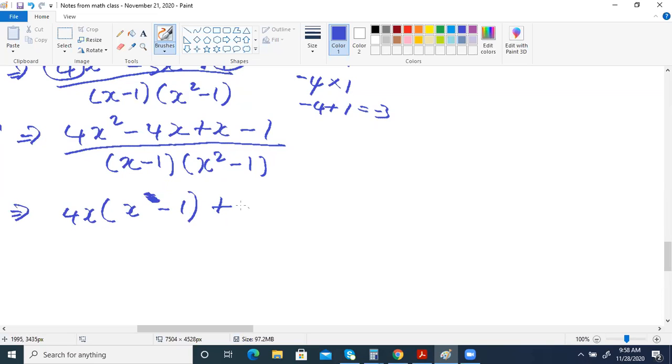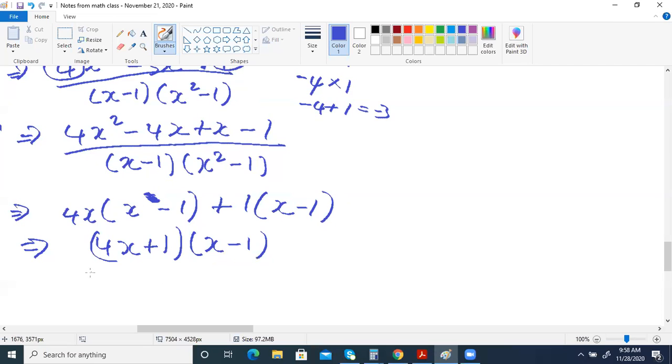Then only 1 can be factored from this, so this is just x minus 1 too. So by the time you're done, you get 4x plus 1 into x minus 1 all over x minus 1,